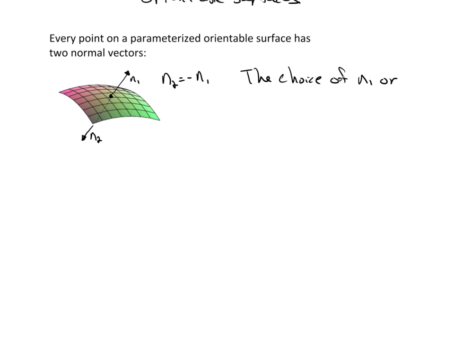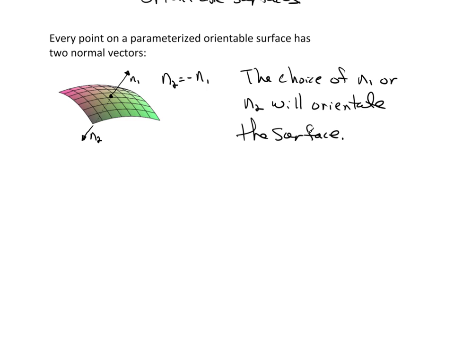The choice of N1 or N2 will orient the surface. Now, surface orientation is absolutely critical for calculating surface integrals of vector fields, because perhaps the most common